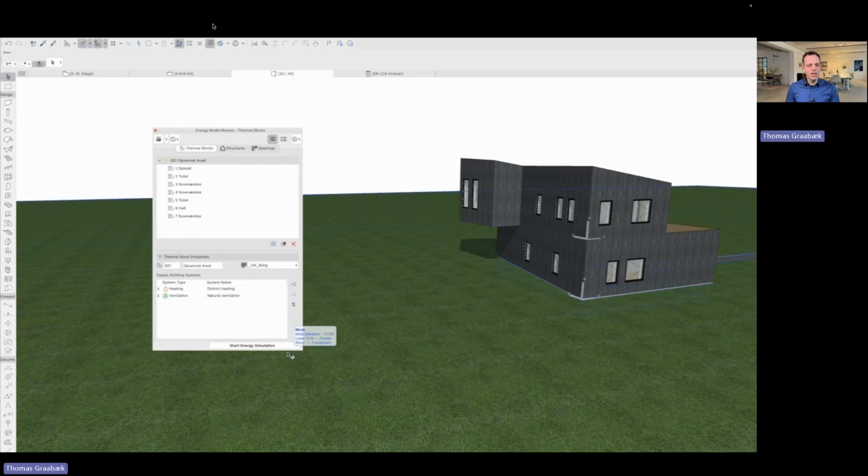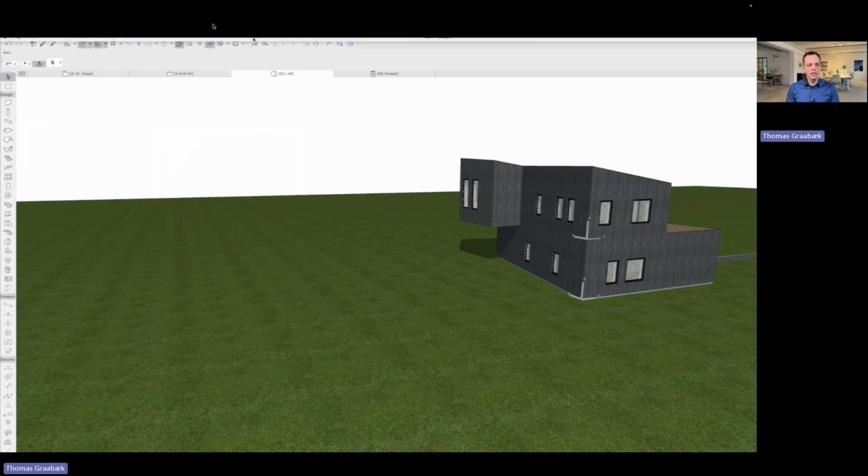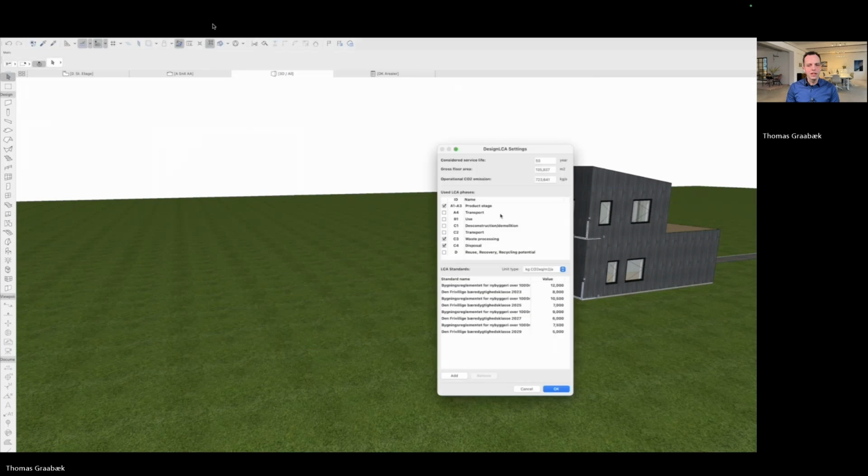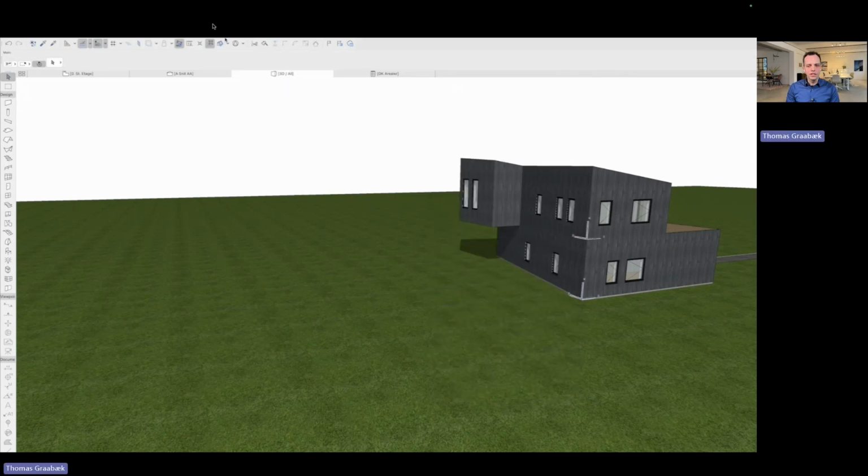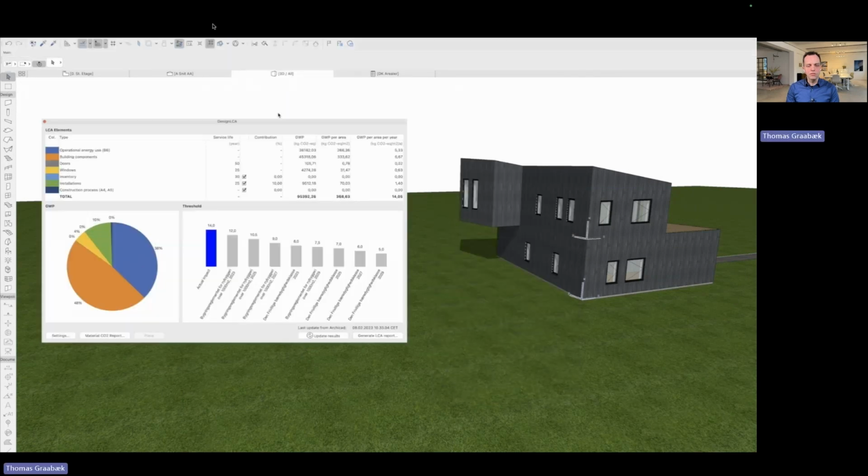And I can just go check in my settings if it got the new energy CO2, it did. So I can see my updated result. And now there's much more CO2 from this project because I added a lot more windows, more roof area, more wall area, and also got a bigger house. So that makes sense.